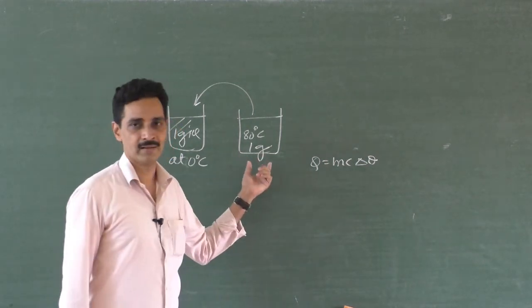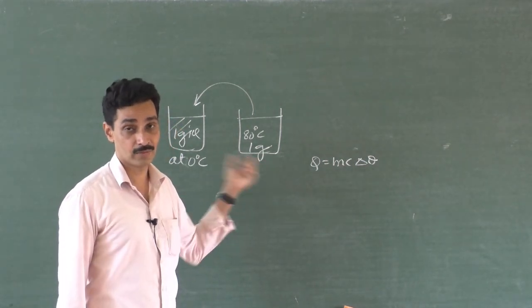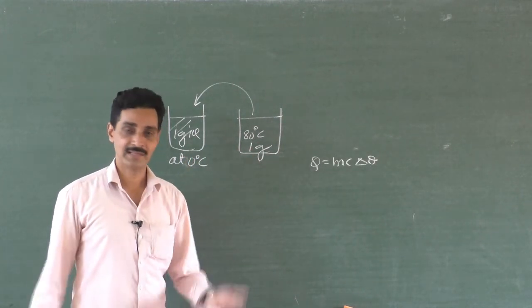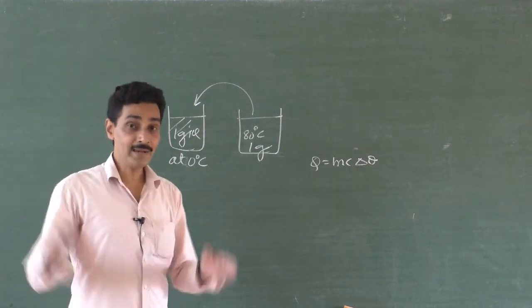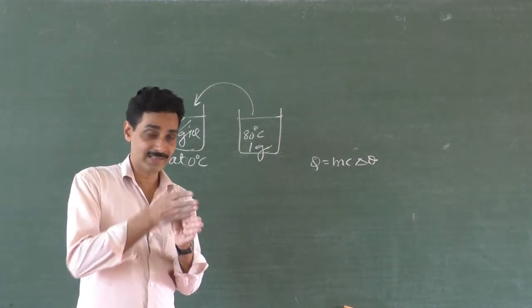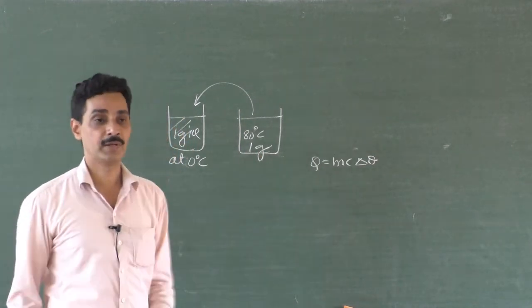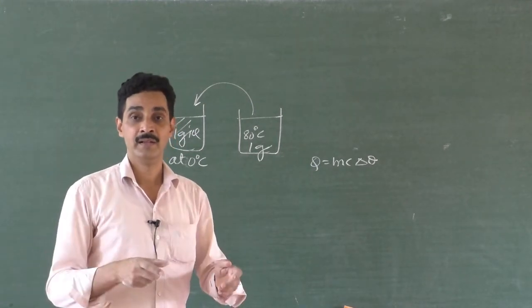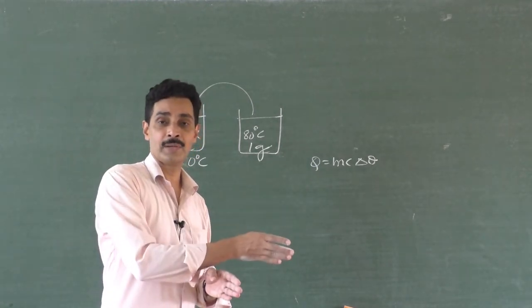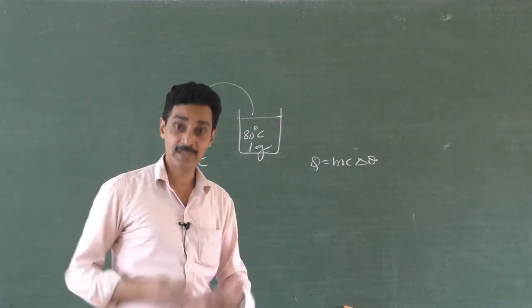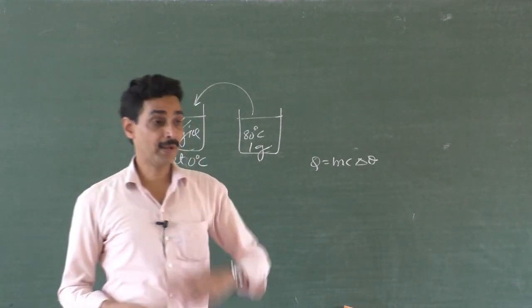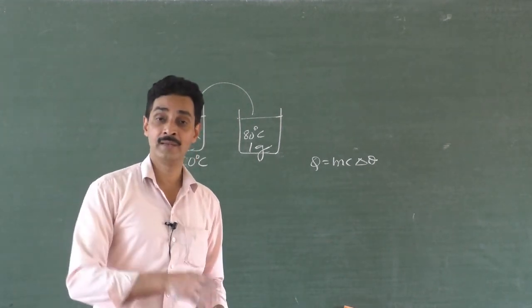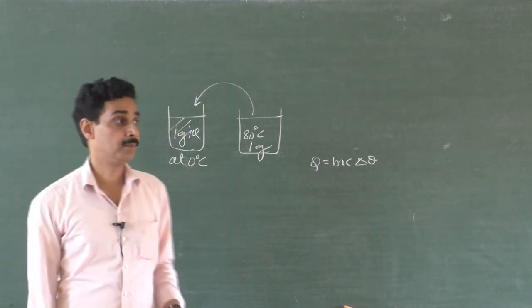What about the donator? Because the hot substance is always a donator, the cold substance is just a receiver. What about 1 gram of water at 80 degrees Celsius? It is ready to donate 80 calories, because by the time it reaches 0 degrees Celsius, it will donate 80 calories, since every 1 degree rise of water requires 1 calorie of heat energy supply. Every 1 degree decrease of temperature of water is a release of 1 calorie, isn't it? A supply of 1 calorie increases the temperature by 1 degree Celsius. Cooling water by 1 degree, we will receive 1 calorie of heat energy.